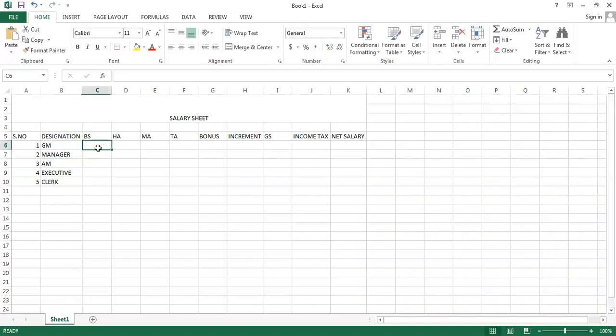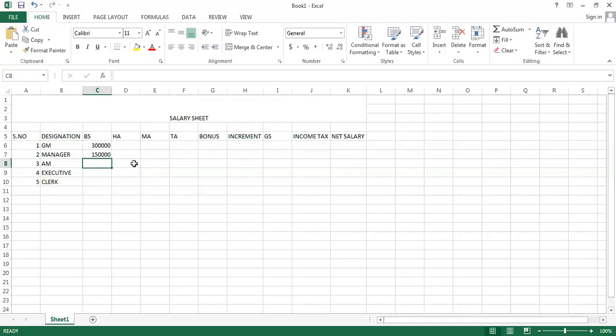Now their basic salaries are given to us. So I'm considering the salary of general manager is, let's suppose, 3 lakh rupees. The salary of manager is 1,50,000.